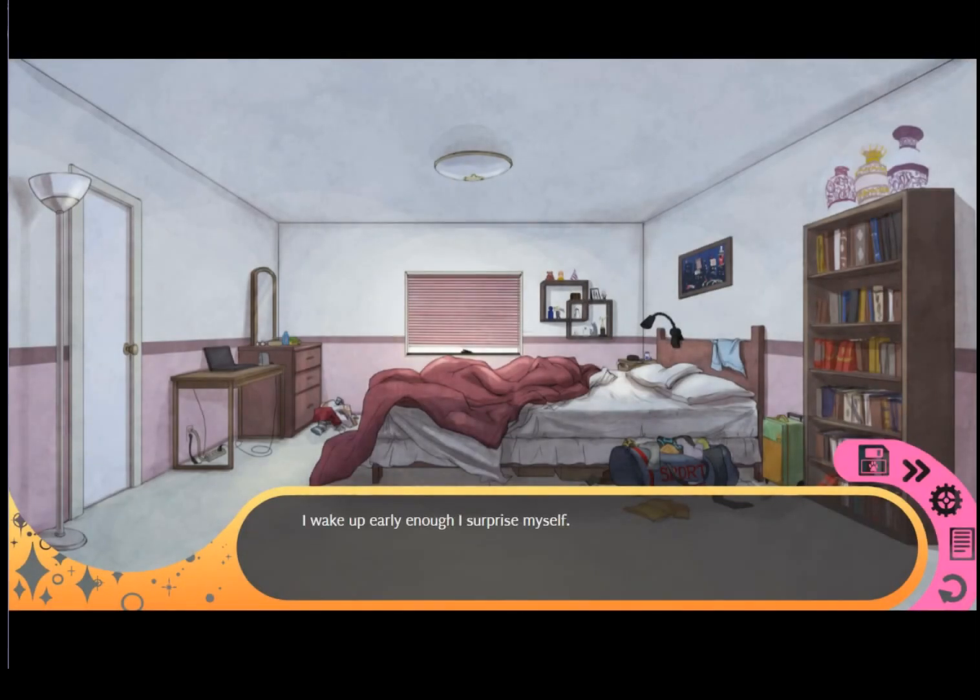I wake up early enough to surprise myself. This is gross. Who does this? At least I slept fairly well, all considered. My cheeks hurt, kind of like I'm getting one of those real powerful zits. Just when I have a job where I see people all day. What perfect timing. I kick my legs free of the big blankets and roll off the side of the bed